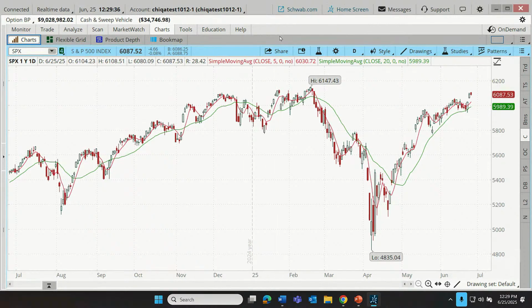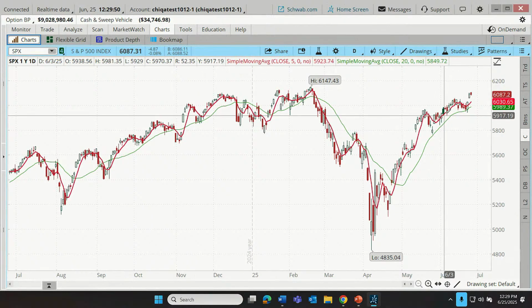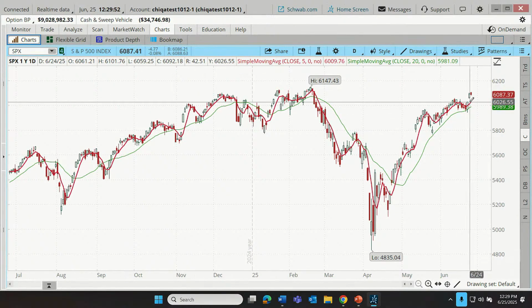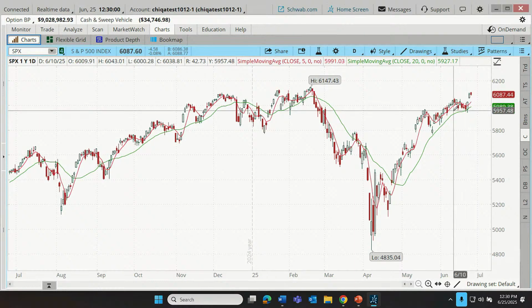If you're not familiar with them, they are relatively short-term in the way that I've structured them. These are relatively short-term trend lines. One's quite short-term, and the other one's still short-term, just not as short-term. And so for some traders, they might look at the interplay between these moving averages as generating potential buy and sell signals. Now, moving averages can be trend lines. They can also act as potential support and resistance areas.